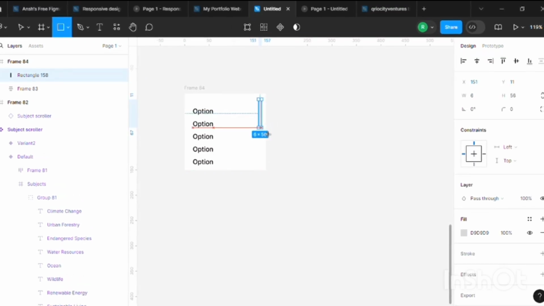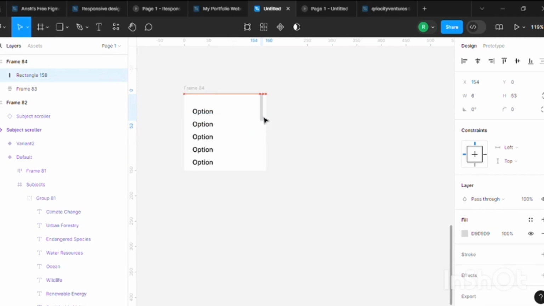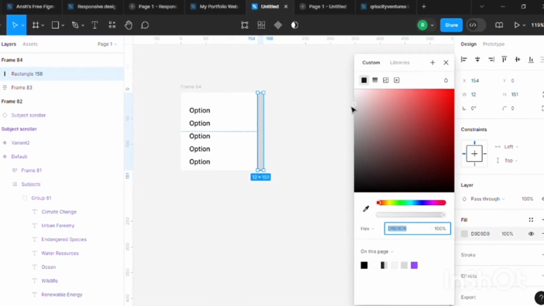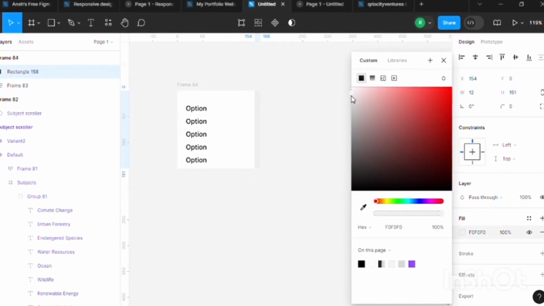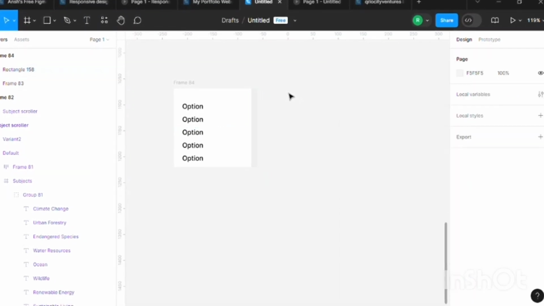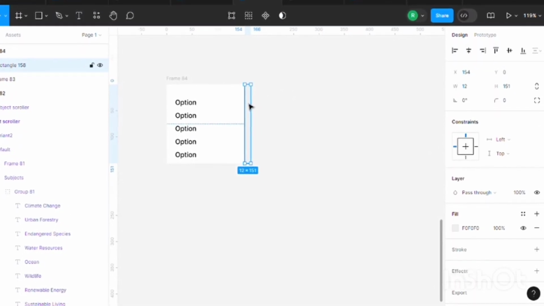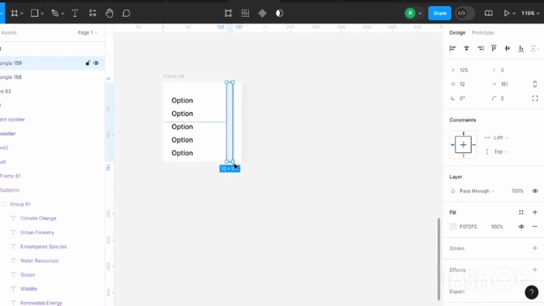Now we'll make the scroll bar. For this, let us make a rectangle and place it within the frame. Change the color to something lighter gray, and then we need to make another one which we will be dragging. So for that, make another